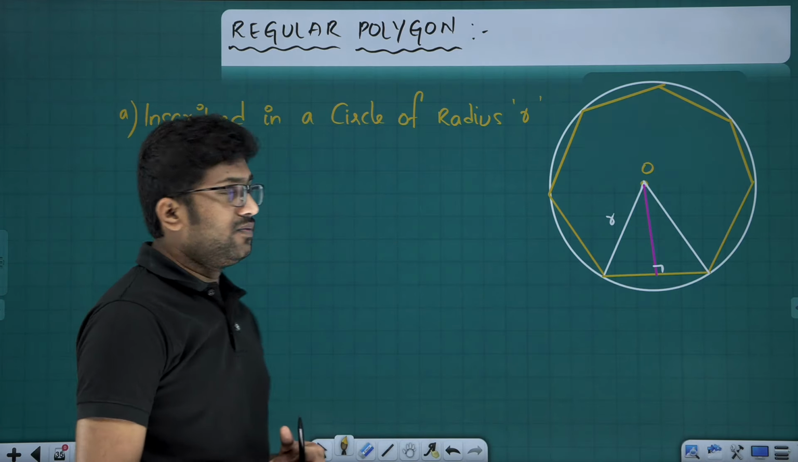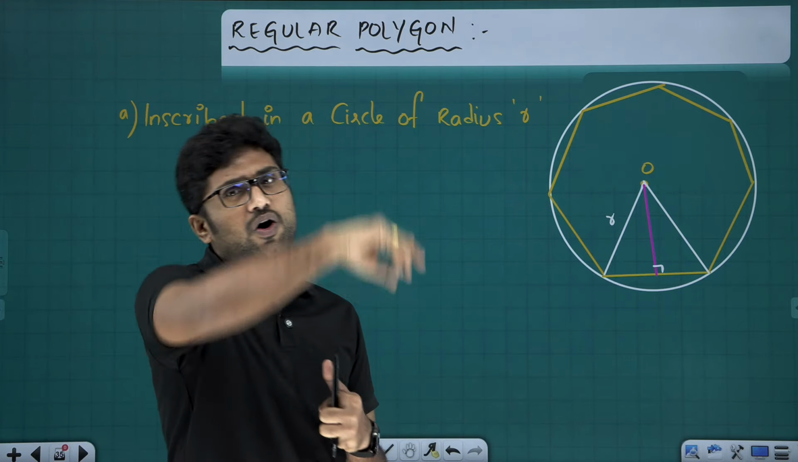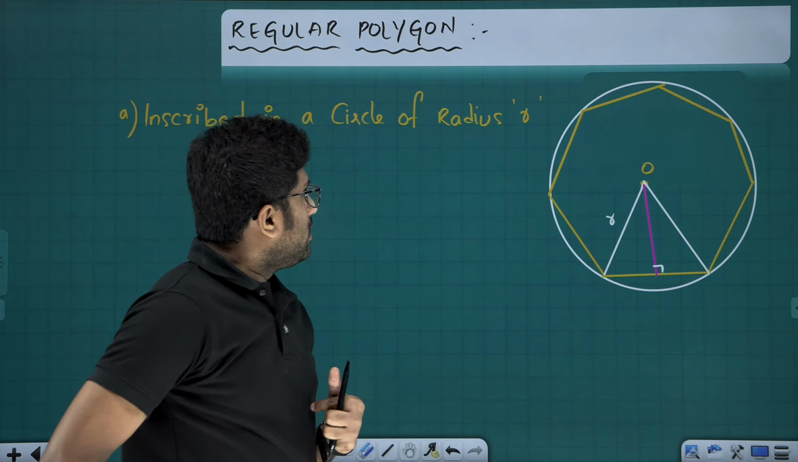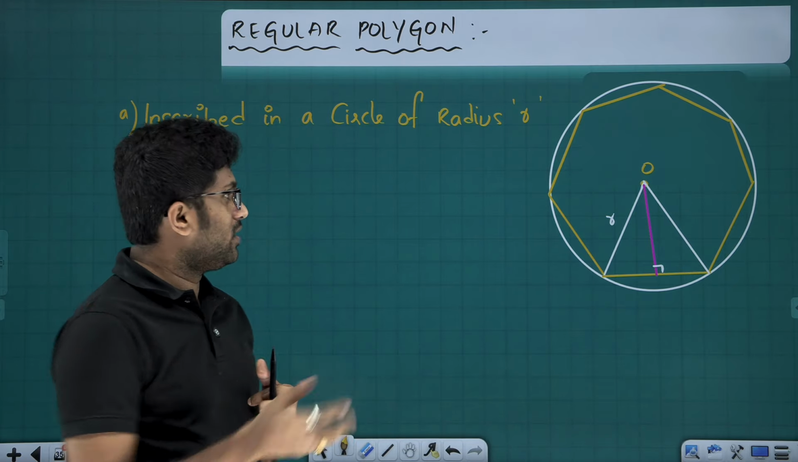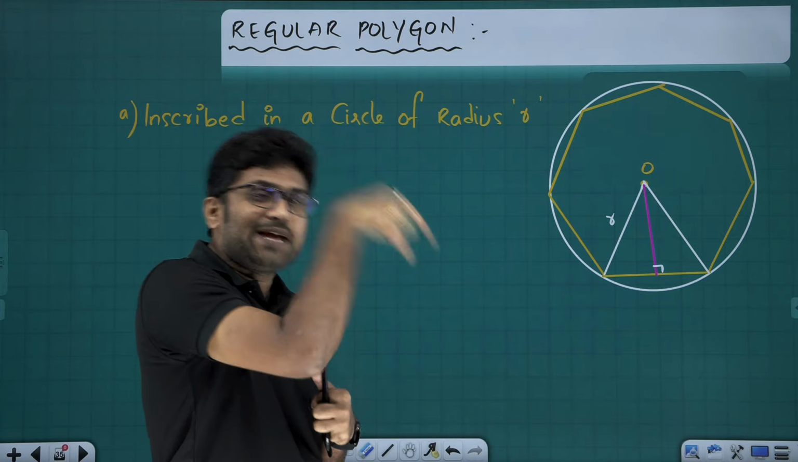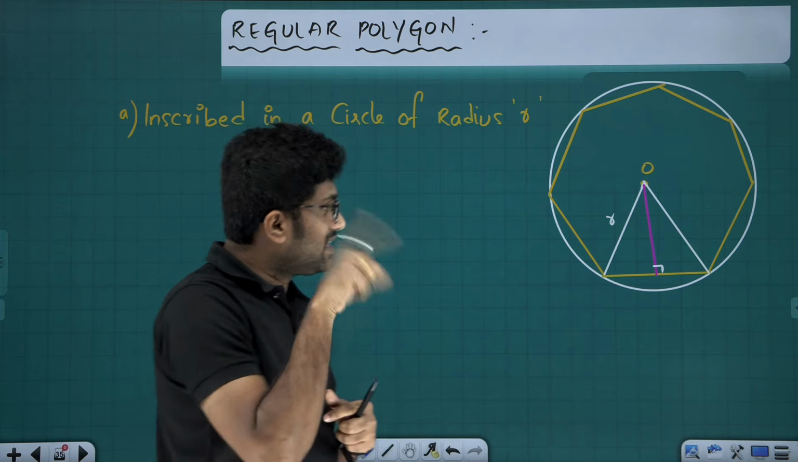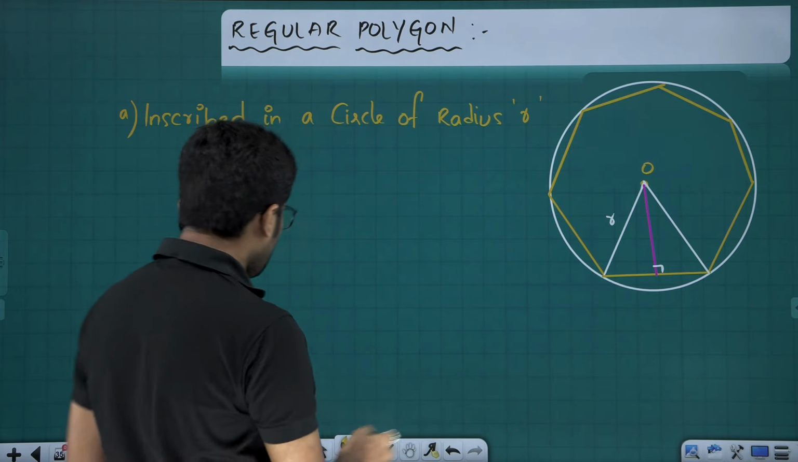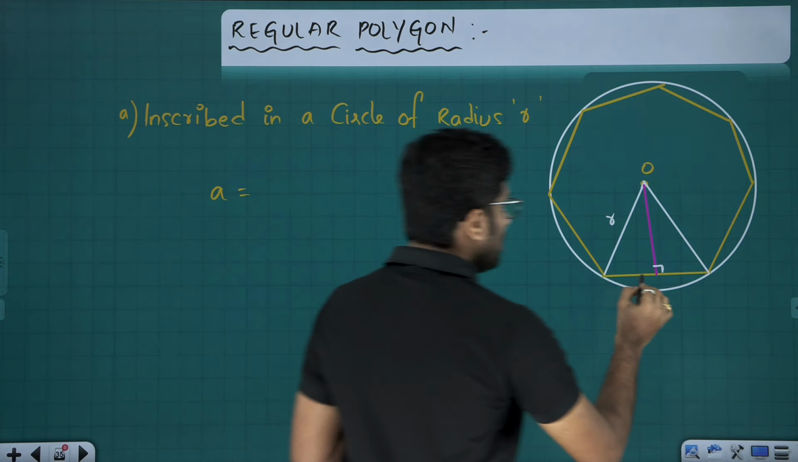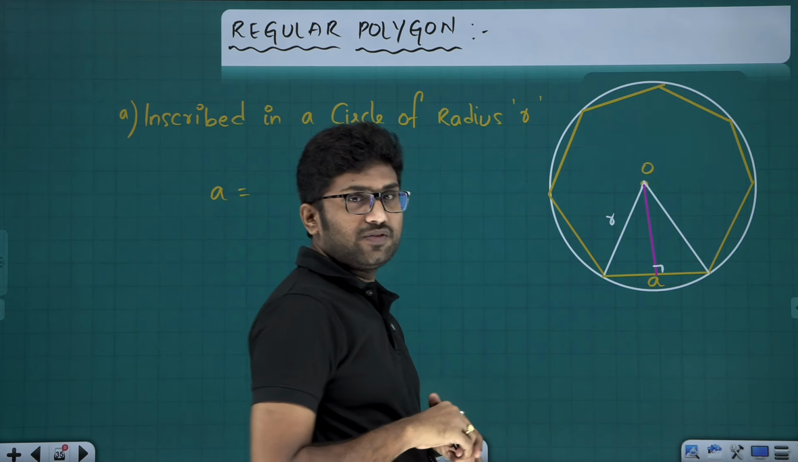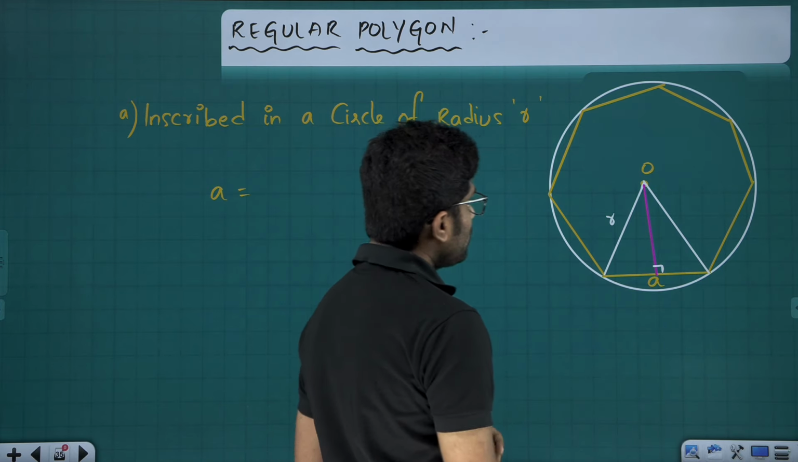Next, regular polygon. We consider a regular polygon in two cases. A regular polygon means a polygon of n sides where all the n sides are equal. If a regular polygon is inscribed in a circle, so it is lying inside the circle, what will be the side length of the polygon? Let's say small a denotes the side length of the polygon, and r is the radius of the circle. Now see this, friends,